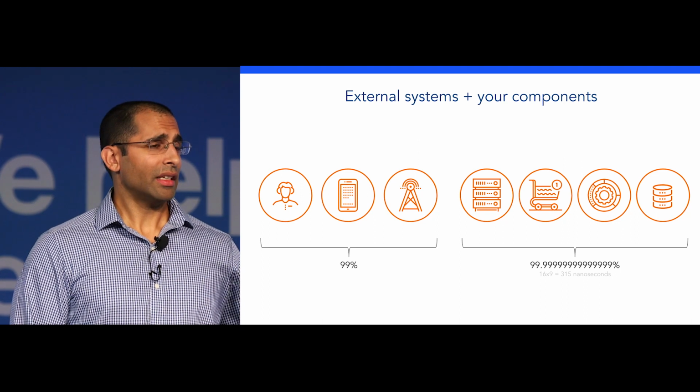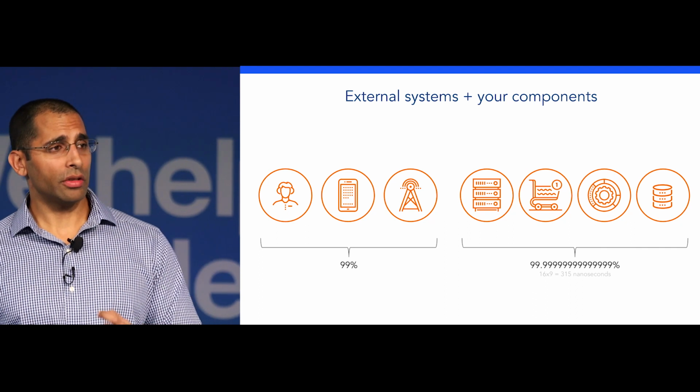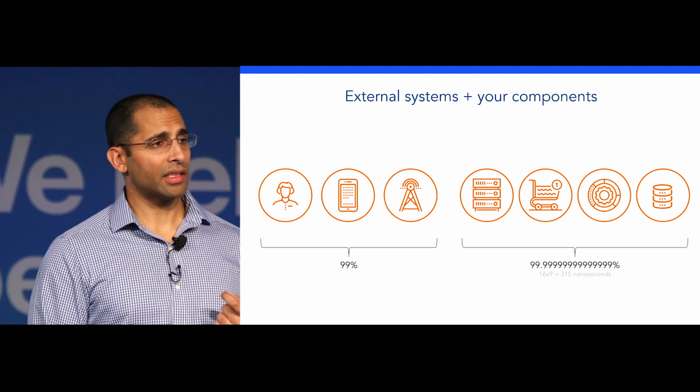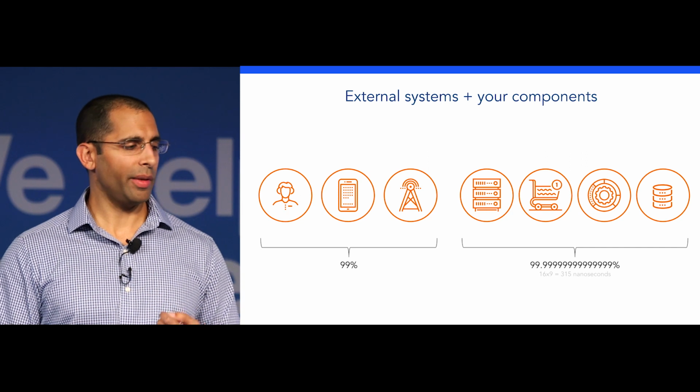On the other hand, if your user's side of things only has 99% of availability, maybe because they've got some janky old tablet that they accidentally dropped in the pool, or their local cell connection is poor because somehow their house is always in a T-Mobile dead spot, not that I'm bitter.